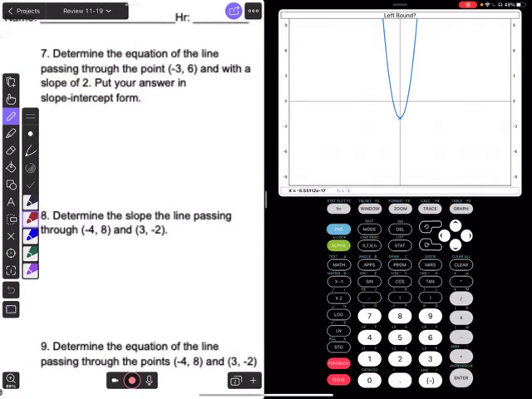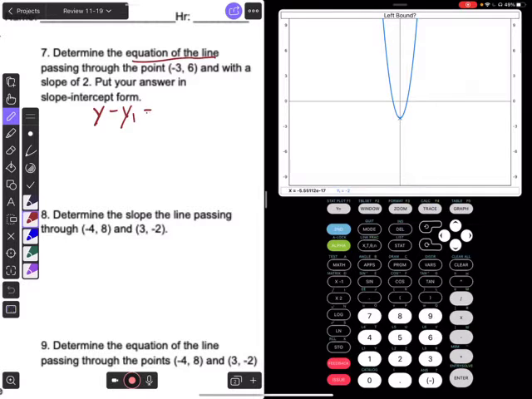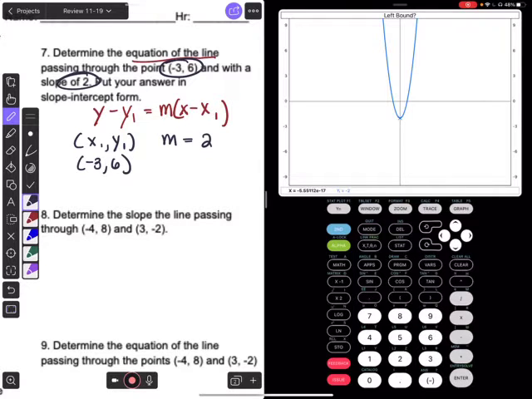Next problem, number 7 here, determine the equation of the line. When we hear that, we right away think this equation. This equation requires 2 ingredients. It requires a point, an x1 and a y1, and it requires a slope, an m. Well, in the problem, they tell us the point that we want our line to go through, so we know our x1 and y1. They tell us a slope, so we know what our m is, and therefore we can rewrite this equation in red here as y minus 6,